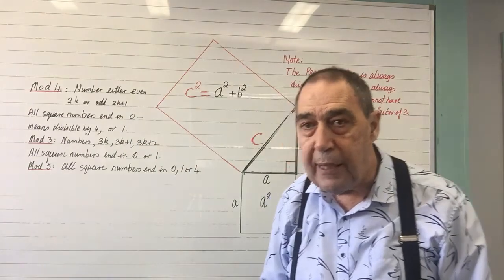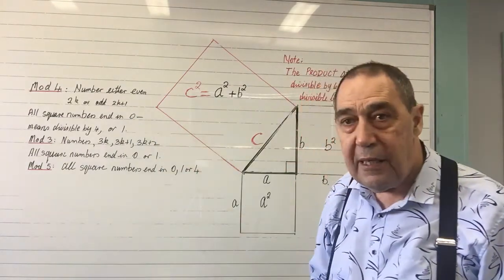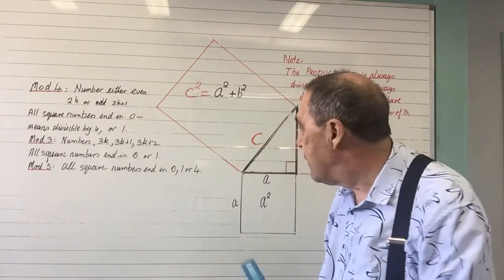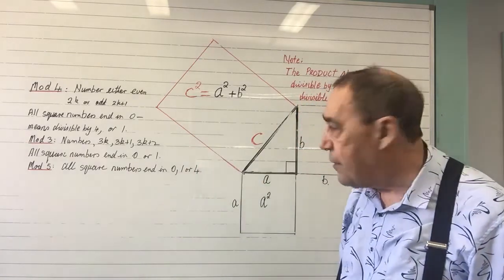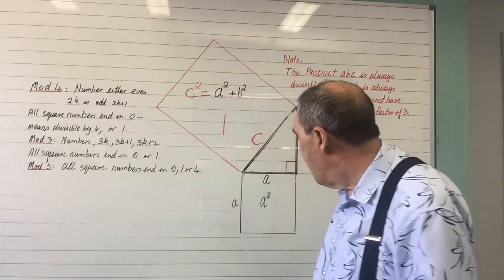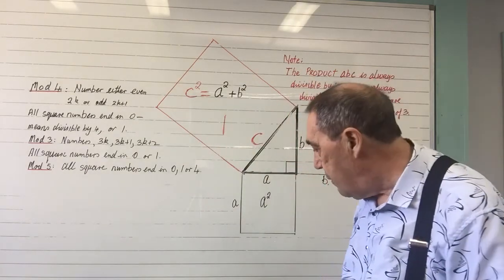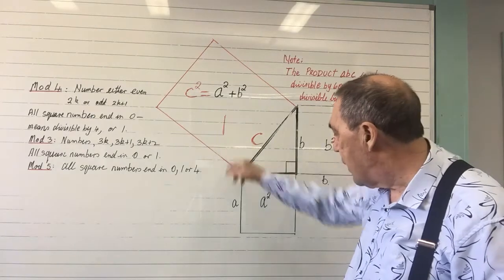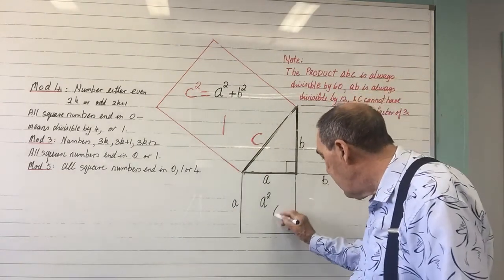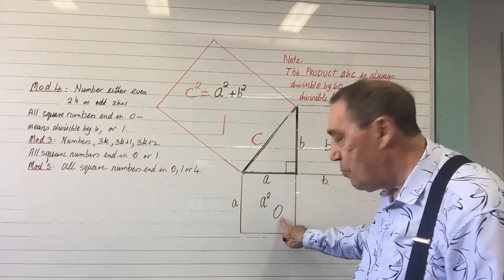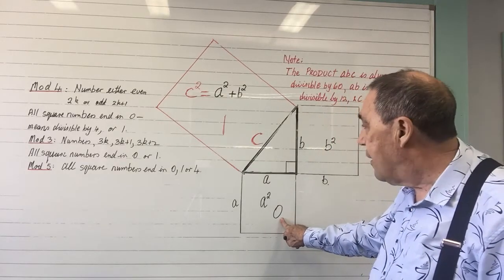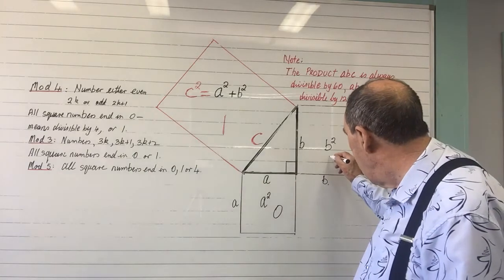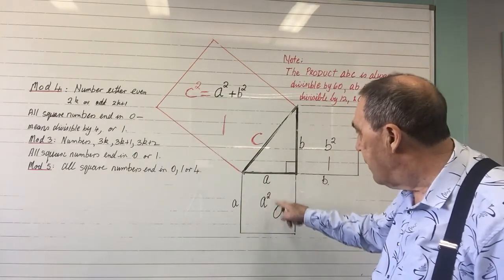Now let's put those square numbers, the remainders of these mod numbers, into our squares. If we put a 1 in C, and we're looking at base 3 and 4 because they're the same, what numbers can we put in A and B? Well, these two square numbers have to add up to a square number of 1. So if we put a 0 here, that means A is divisible by 3 if we're looking at base 3, and if we're looking at base 4, then A is divisible by 4. If we put a 0 here, we have to put a 1 there, and so we have the fact 0